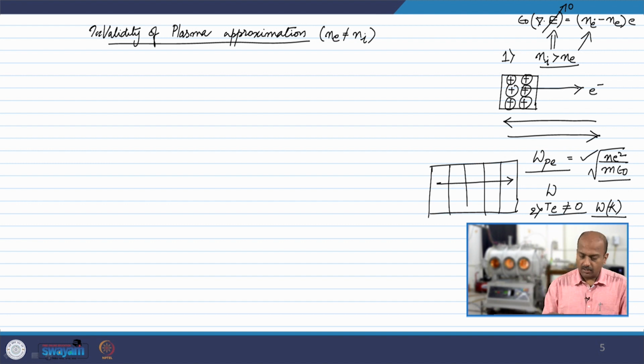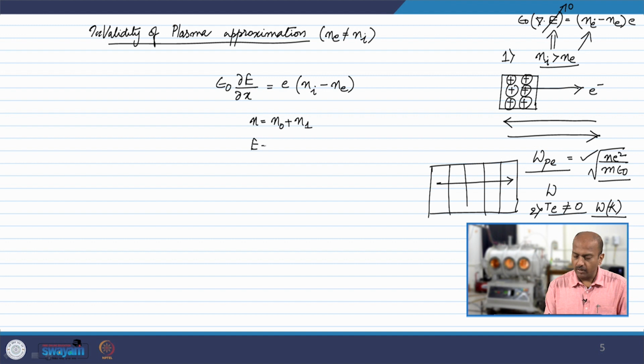electric fields. Now, let us start with the basic equation, which is the Poisson equation. Let us say we have epsilon naught dE/dx equals e times (Ni minus Ne). Okay. Now, let us define the perturbation variables. N equals N0 plus N1. The electric field E equals E0 plus E1, and then let us substitute these perturbations into